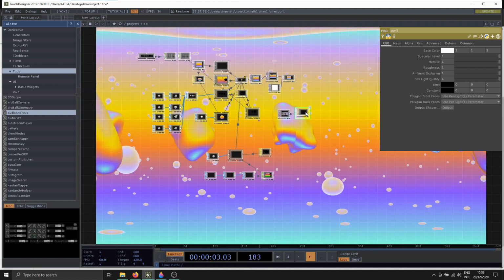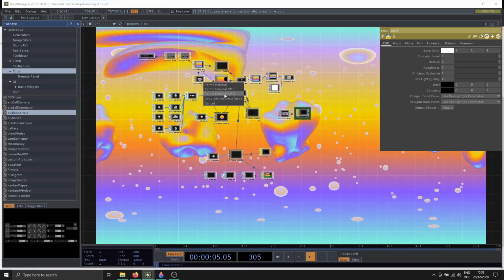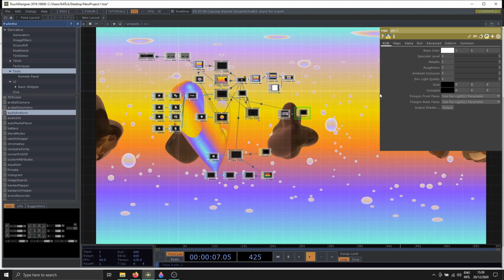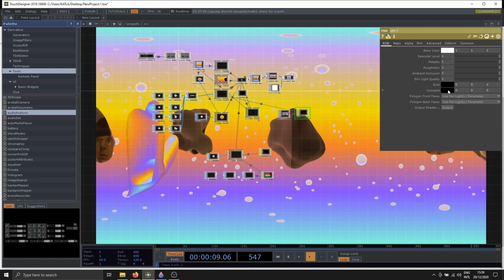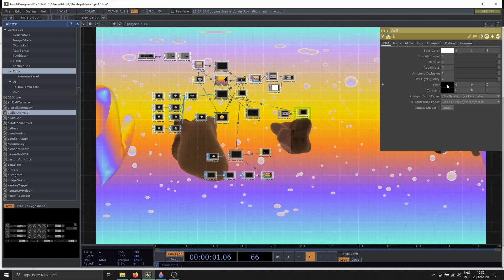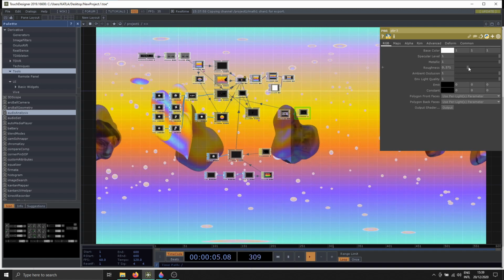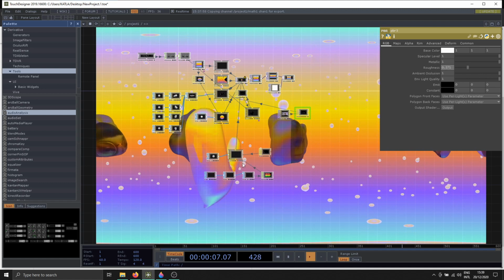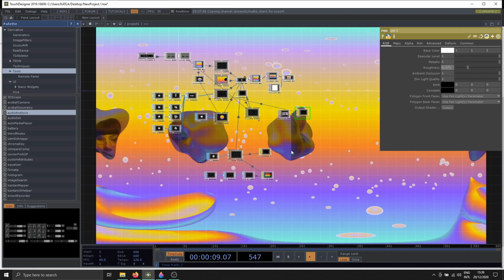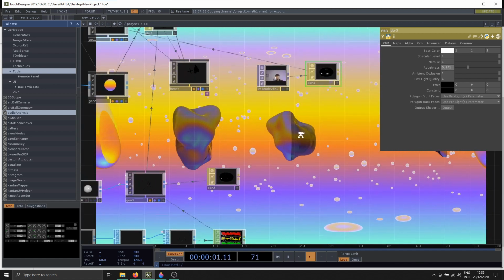And put it... Okay, let's just change this material. Ooh! So now it's a rainbow material with my face on it, and okay, we can